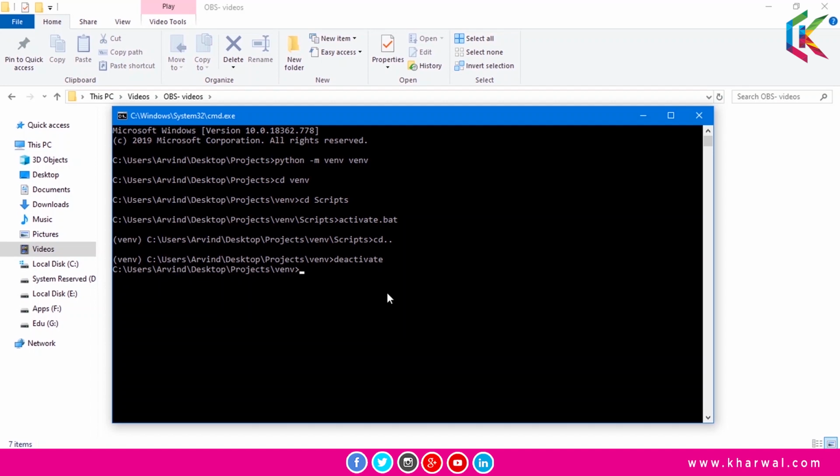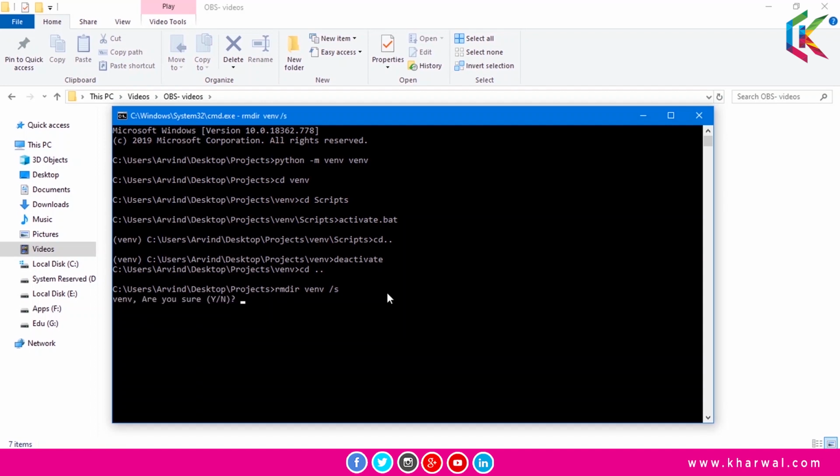Now guys, how can we delete virtual environment? To delete this virtual environment, we need to run the following command in the project folder. So let's go to the project folder. So now we are in the projects folder and we will run this command, and that will be rmdir, and then we will type our virtual environment name, that is venv, and then I will use /s, and this /s will delete the entire tree, the subfolders, the subdirectories, things like that, and hit enter.